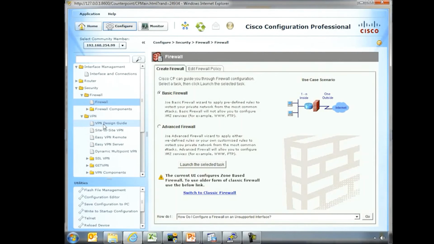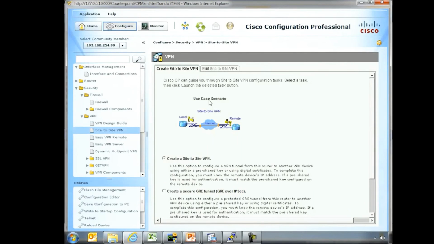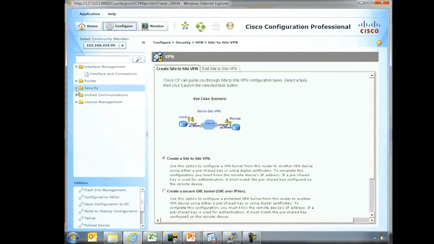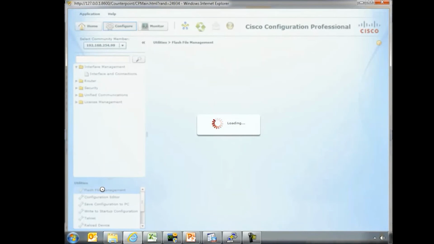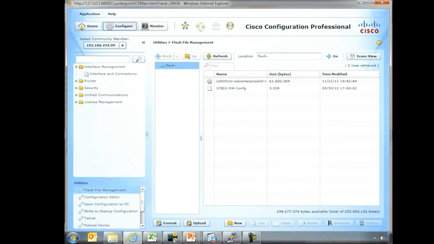You could also set up a site-to-site VPN. Again, another task that it could step us through. So Cisco security is simplified greatly by use of the Cisco Configuration Professional. You can do software updates on these as well, and it really simplifies a lot of different things with relation to configuration. You can see what's available in the Flash. So while this certainly is not an exhaustive treatment of Cisco Configuration Professional, it gives you a flavor of how the different aspects